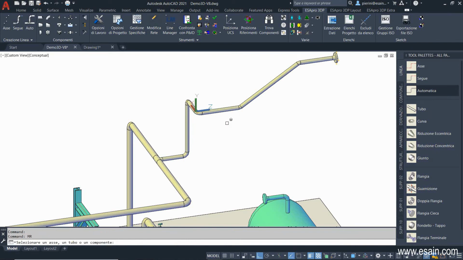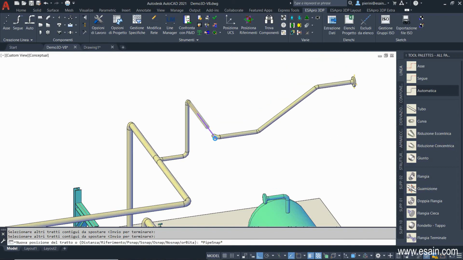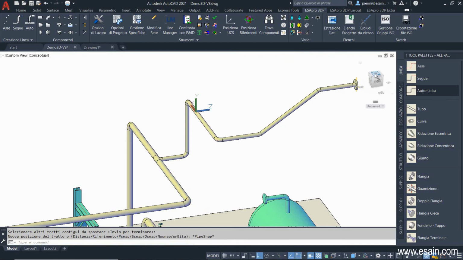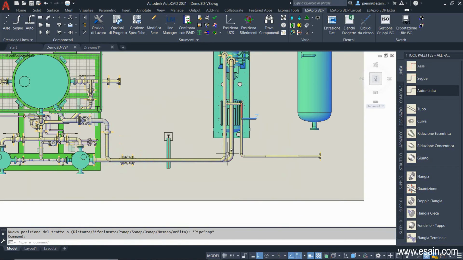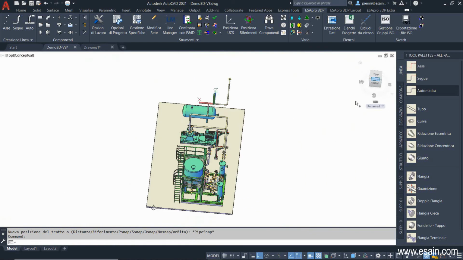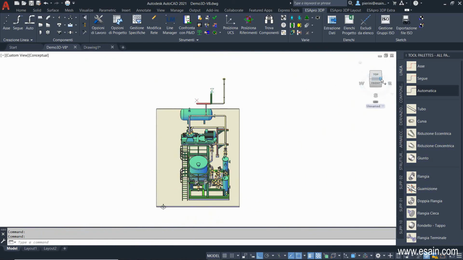With the Stretch Lines command, we're going to stretch the pipes. We select the pipes we want to move, and we can specify a value for the distance, or snap to an existing point with the Pipe Snap function, the yellow symbol. In this case, we've snapped the elbow endpoint, and then the new pipe is perfectly aligned with the existing one.